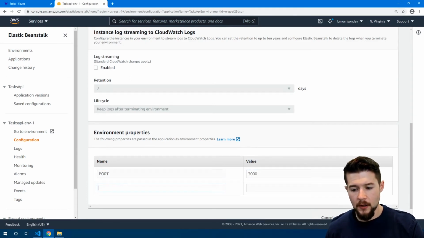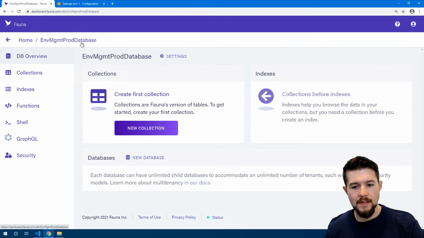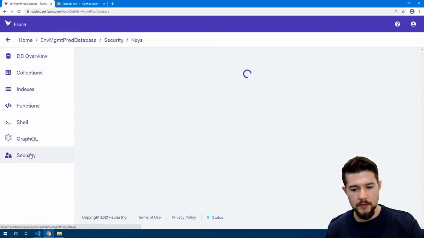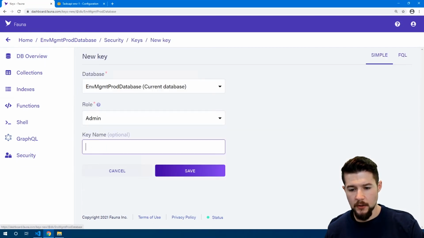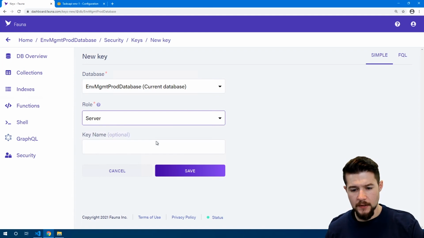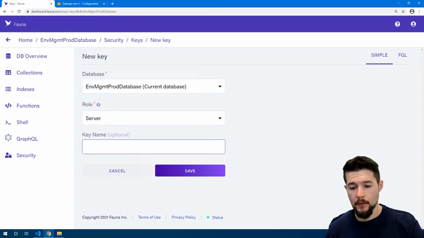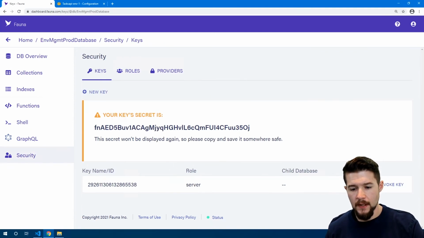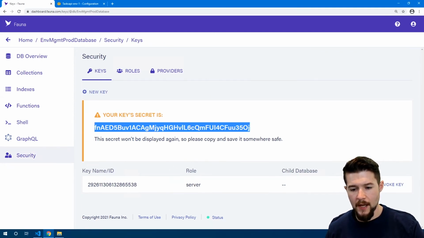And now for our database, let's go ahead and go back to Fauna. So I selected the database environment management prod database, which is not our test database. And if I scroll down to security, click on new key. And let's select server for the role so we don't give it too many permissions. And let's go ahead and just click save. And this is the new API key that we're going to use in order to access the production version of